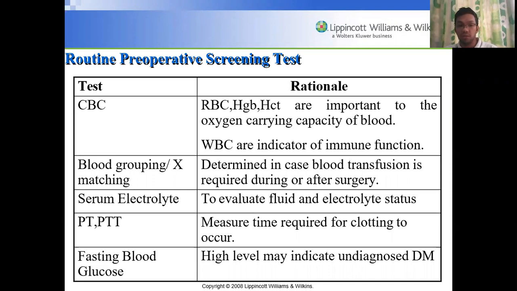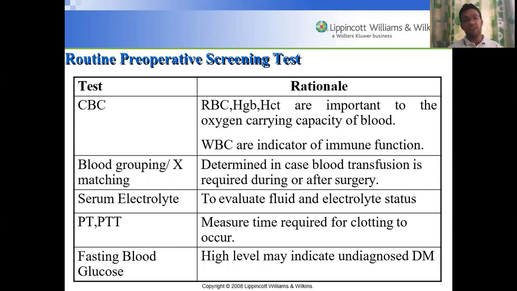good immune function. Blood grouping and cross-matching as well is done, most especially if the patient is going to have extensive or major surgeries, because just in case the physician is going to give blood products to the patient through blood transfusion, we need to do blood grouping and cross-matching for this. Serum electrolytes are also needed to assess the fluid and electrolyte status of the patient. And I've already mentioned PT and PTT earlier, to assess if the patient is capable of healing their wound or